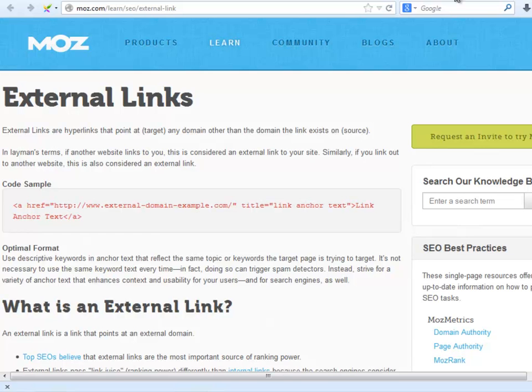External backlinks are the links that point at, or target, any domain other than the domain the link exists on, the source. If another website links to you, this is considered an external link to your site. Similarly, if you link out to another website, this is also considered an external link. Experienced SEOs believe that external links are the most important source of ranking power. This is because external links pass link juice, ranking power, differently than internal links,